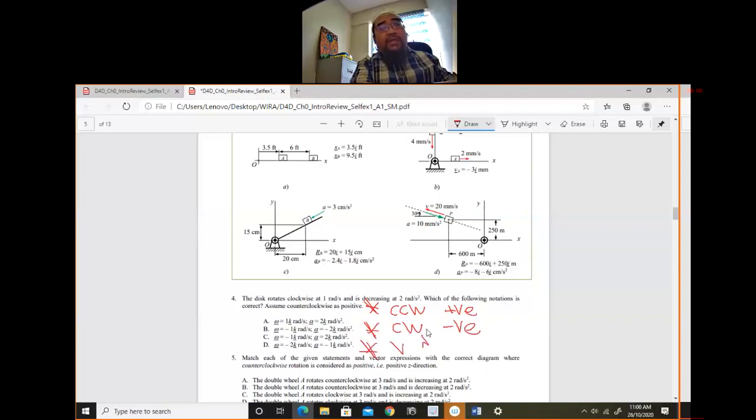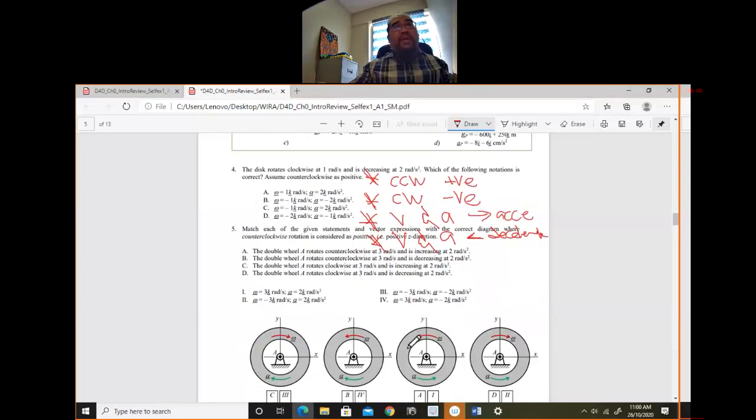If velocity and acceleration are in the same direction, that means it accelerates. If velocity and acceleration are in different directions, it decelerates. So these are the things that you need to know, and then you will be given